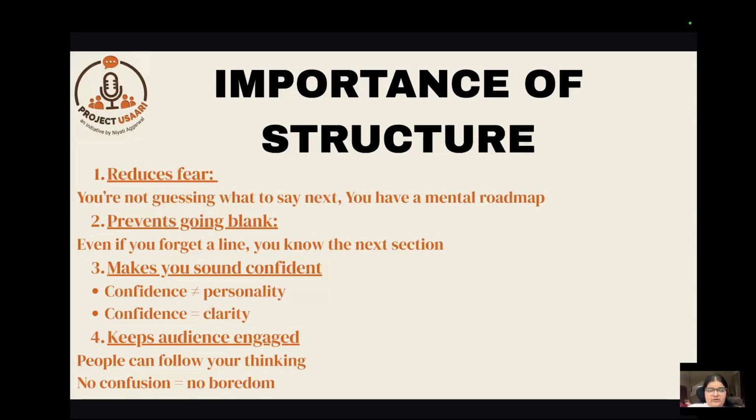Fourth, it keeps the audience engaged. Understand, if people can follow your thinking, there'll be no confusion, and if there's no confusion, there's not going to be any boredom. I think a lot of people feel that you have to be extremely energetic and extremely loud when you're delivering a public speaking speech. I'm not sure about loud, but yes, you have to be extremely confident and active when delivering a speech, because even if your content is good but you are extremely dull, nobody is going to even listen to your speech. And I think being loud